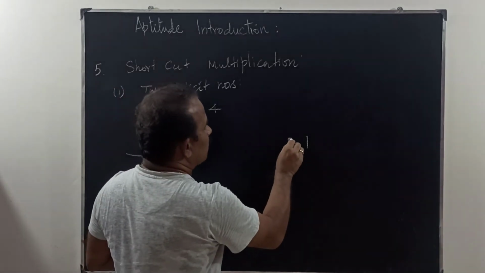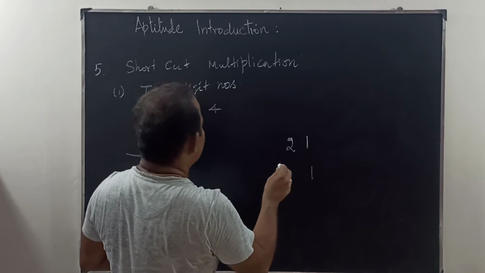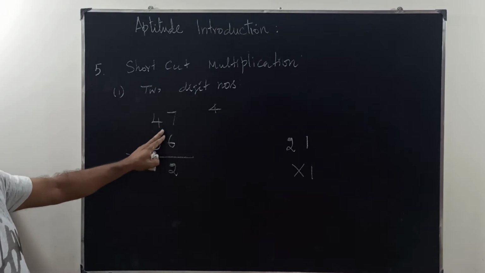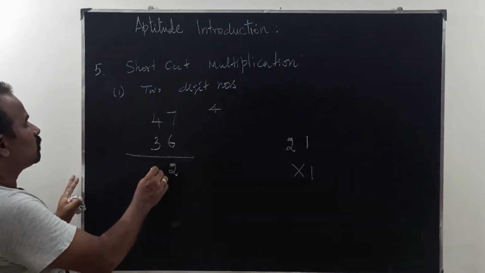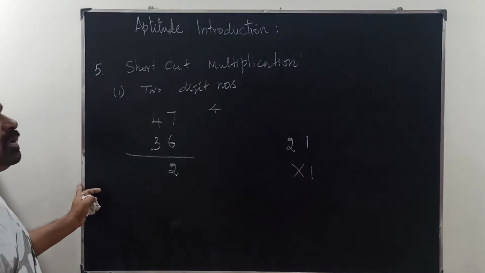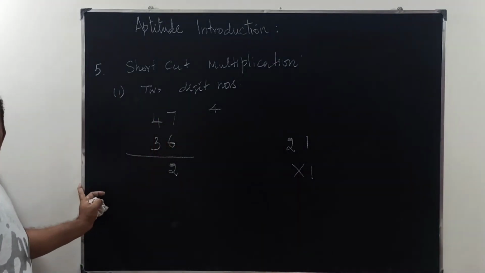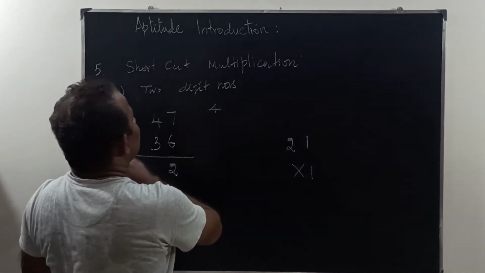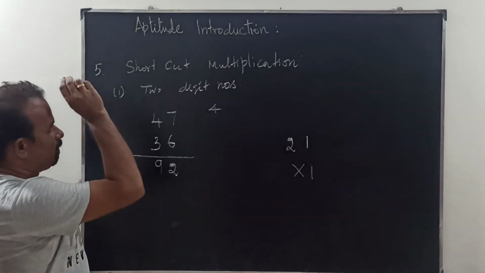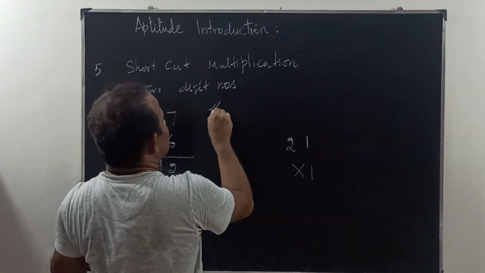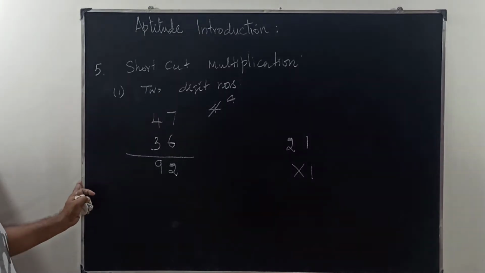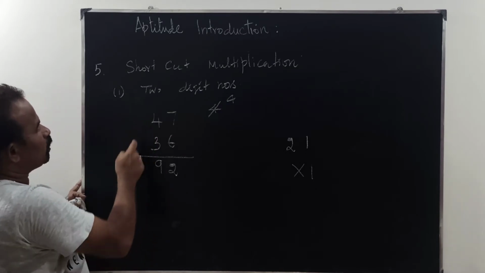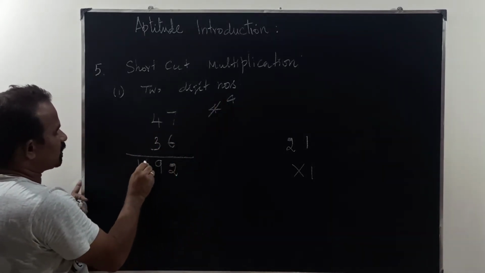Then you consider two columns. So you take the cross multiplication and adding. So 6 into 4, 24. 3 into 7, 21. 24 plus 21, 45. 45 plus 4, 49. The remaining is again 4. Then first column is over, two columns is also over. Then come to one column. 3 into 4, 12. 12 plus 4, 16.